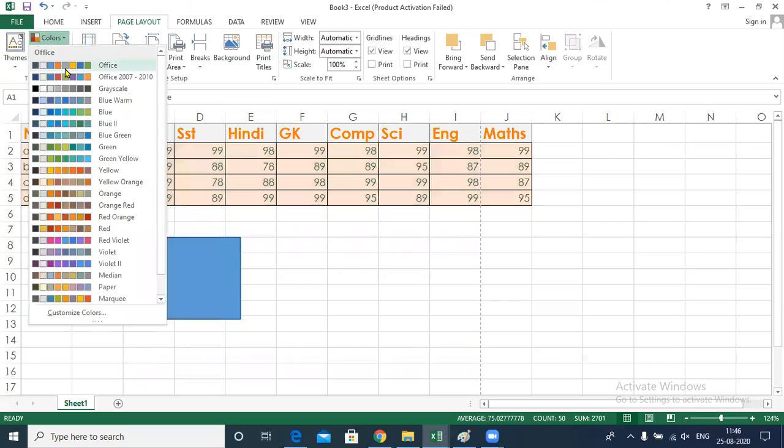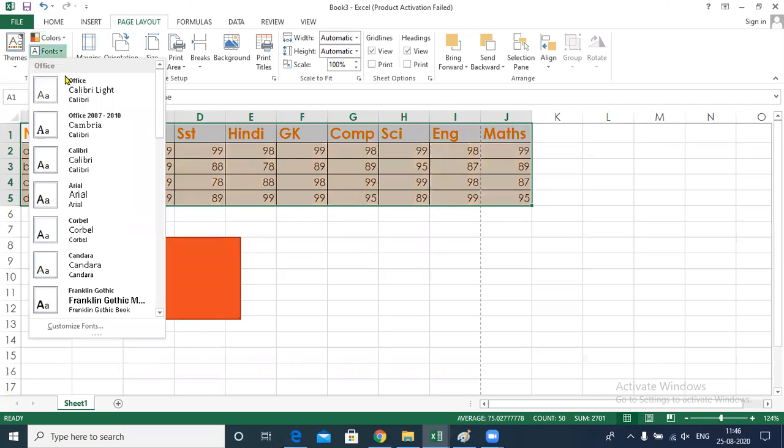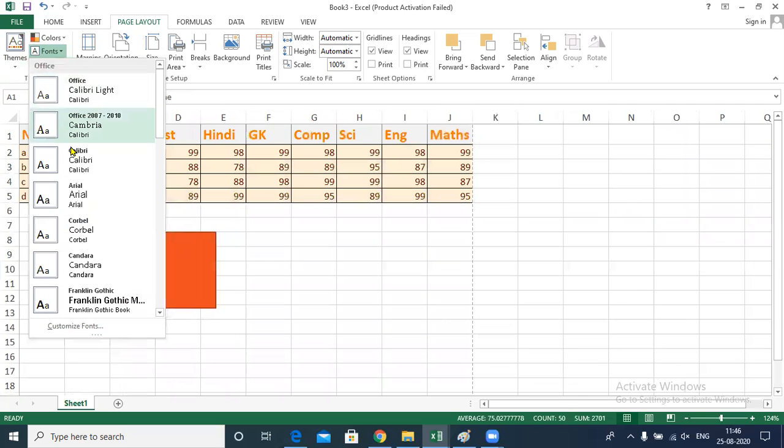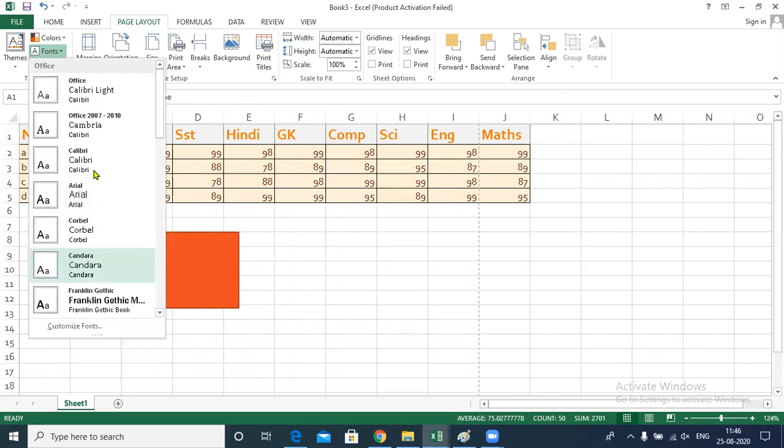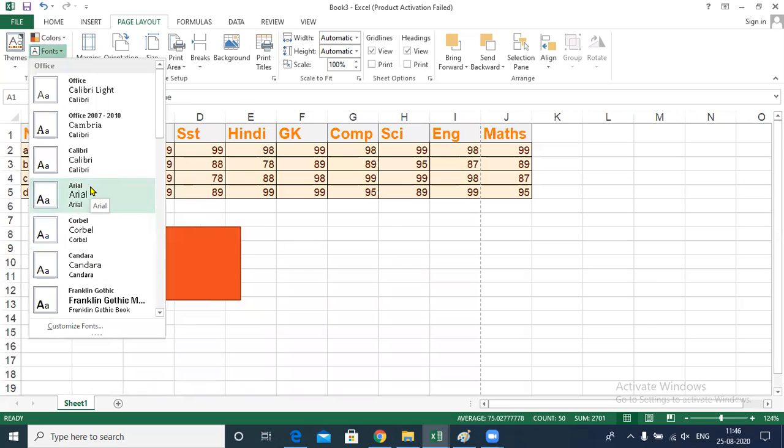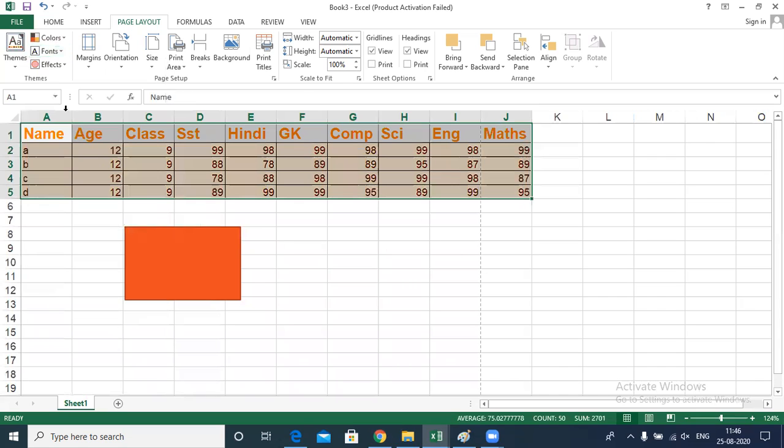After this, if you want to have only the color options, different color options, then you can go with any of the color options which is suitable. Fine. Then if you want to change your font style, you can change your font style from here. Different font style options are available. Which option is suitable as per your choice, you can go with that particular option.